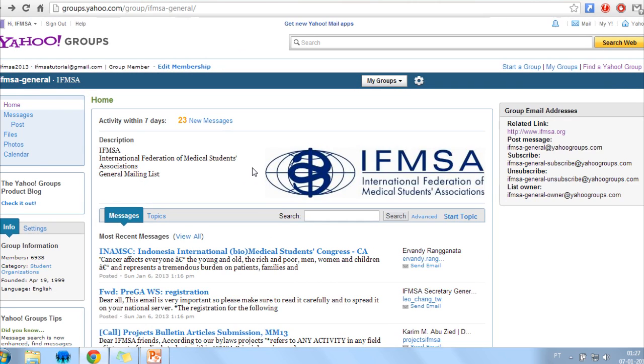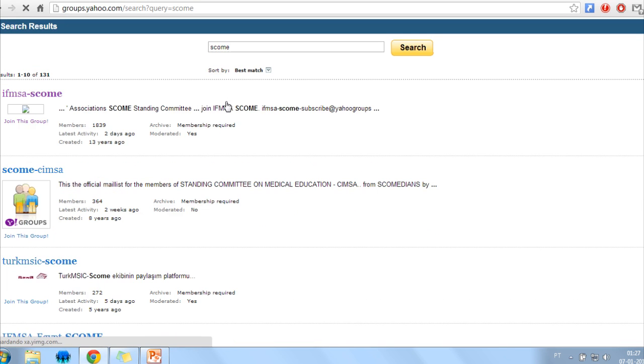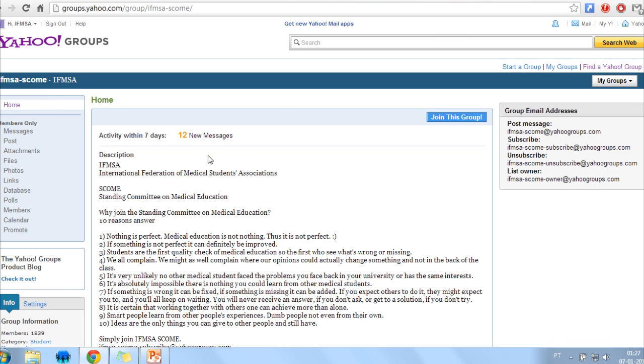So we registered in the IFMSA General, but for example, you want to receive the news of your standing committee. You have to go to Yahoo Groups again and find another group. For example, SCOMI. I'm being a little bit biased, but you understand. So we find IFMSA SCOMI here. You click on this group, and now we do the same process, but it will be a lot simpler because we already registered in Yahoo